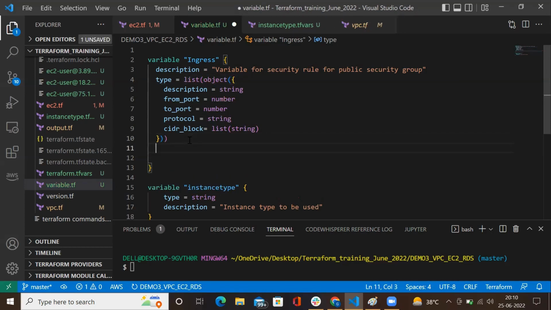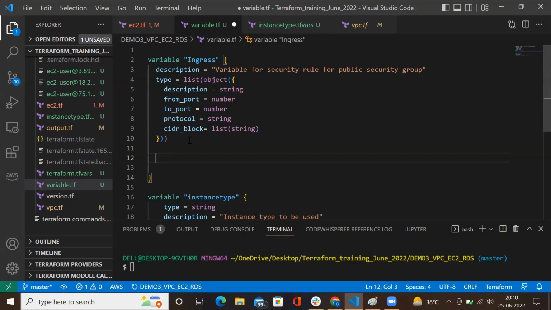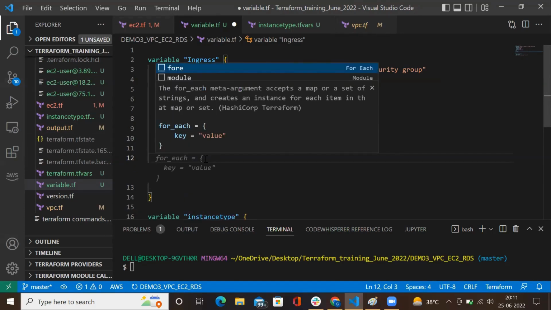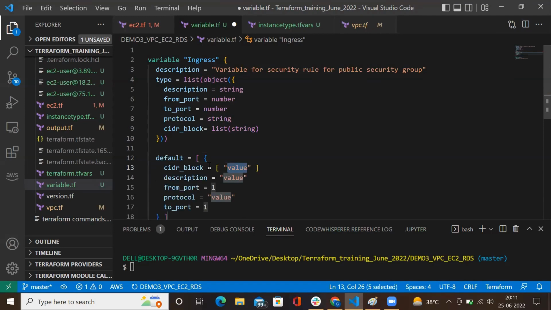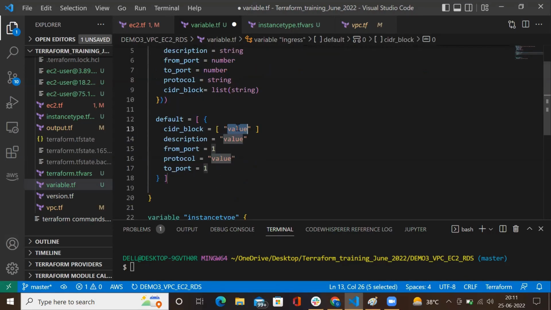In this example, I am showing you how to pass a default value, because I have already shown you how you can pass the value from the terraform.tfvars file, or a customized file, or from the command line. If you want to use a default value, how can you do it? This is the way. So the default value is a list of objects. So cidr block is our